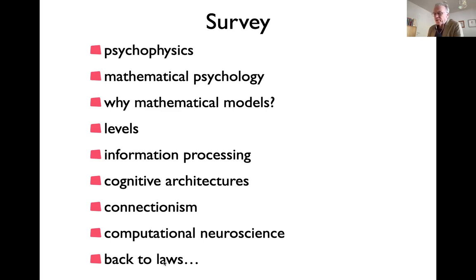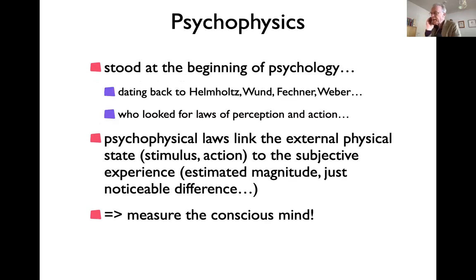I'll talk about different levels of modeling, these so-called Marr's levels, and one of those is the computer metaphor; the information processing paradigm is sort of a reflection of that. I'll briefly talk about cognitive architectures as sort of the most developed part of that tradition, and that is in contrast to connectionism, which is maybe today much more dominant. And then lastly, very briefly about computational neuroscience, sort of the more reductionistic version of connectionism. So that's a very quick ride through a whole field. It just gives you a flavor of things, of course.